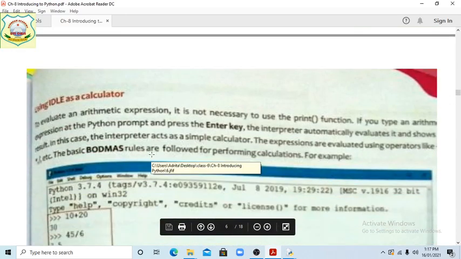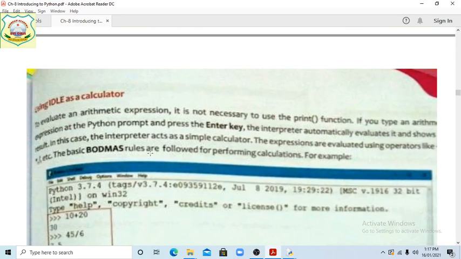Using IDLE as a calculator. Yes, students, using IDLE as a calculator. How can we use it? They have written, to evaluate an arithmetic expression, it is not necessary to use the print function. Just now we wrote using the print option.